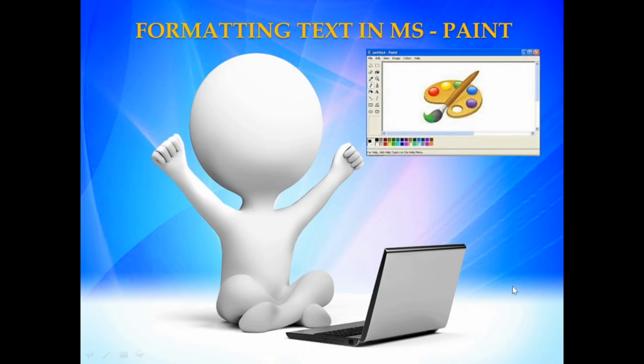In last class, we discussed how to move a text box in the drawing area. Then we discussed how to change the width of the text box and how to change the height of the text box. Then we learned what is the text toolbar and how to view the text toolbar. Today we will start with the different parts of the ribbon bar.